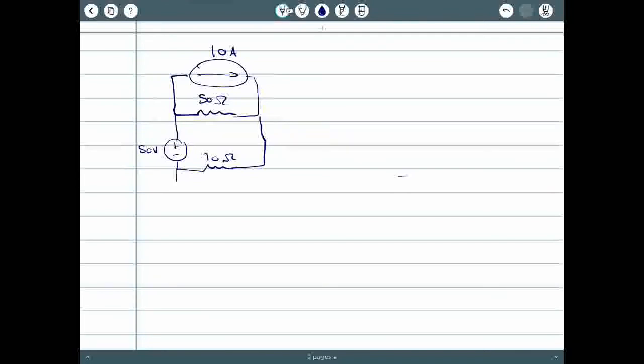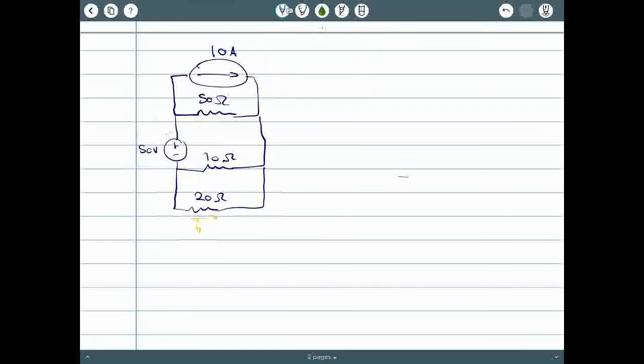and I have a resistor here of 20 ohms. And let's say I want to know the current through the 20 ohm resistor. Well, you can use the mesh current method, that's straightforward, but the superposition method simply says that the current flowing through this 20 ohm resistor, let's call it I1, is the sum of